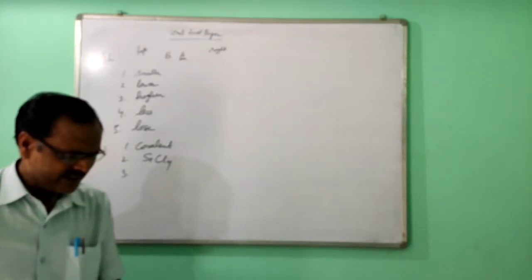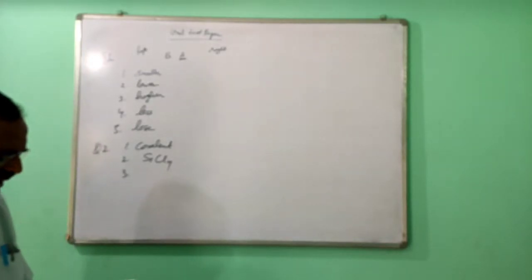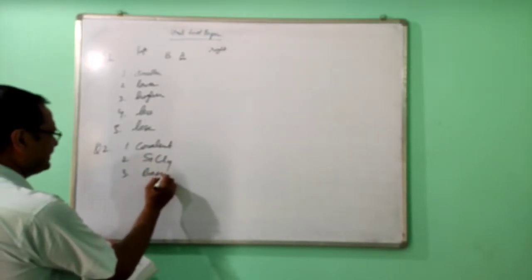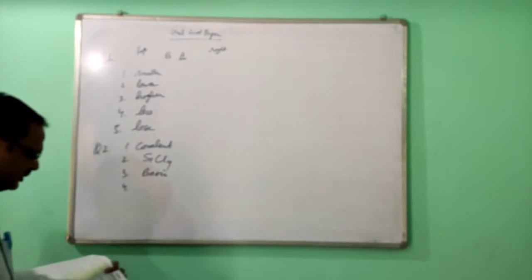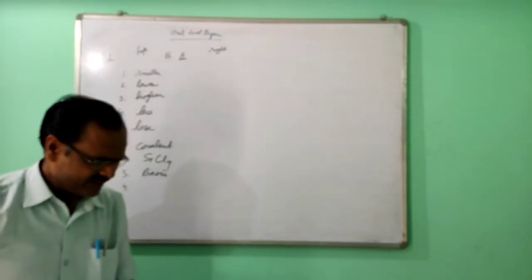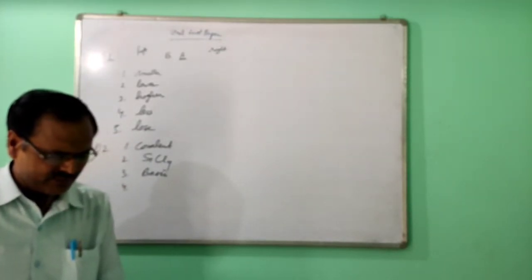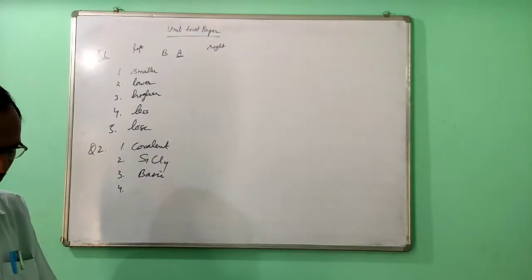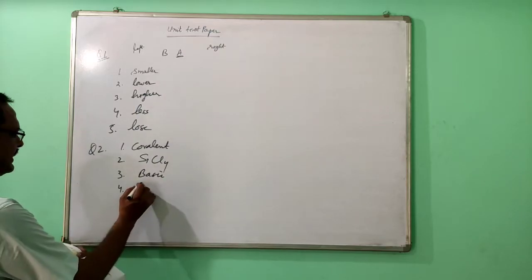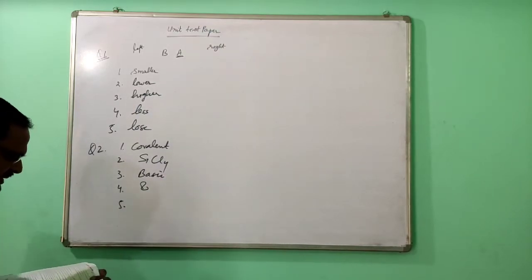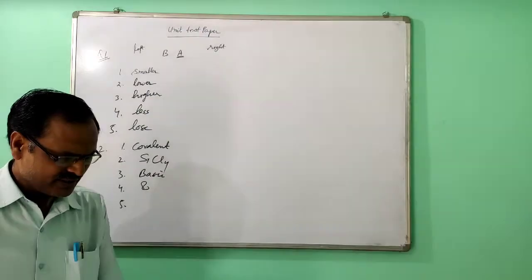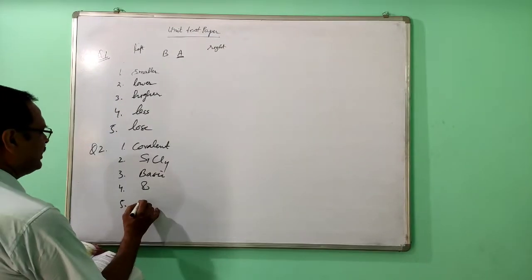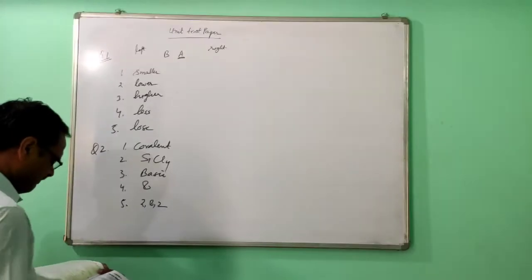Nature of the oxide of the alkaline earth metal in the period, so basic. Magnesium is the alkaline earth metal, basic. Now the fourth one is the number of electrons in the penultimate shell of the element whose valency is -1, means halogen is there, and penultimate shell means before the last shell, so 8 electrons will be there. Now the fifth one is the electronic configuration of the element whose hydroxide is a weak base, magnesium is there. So its electronic configuration is 2,8,2.